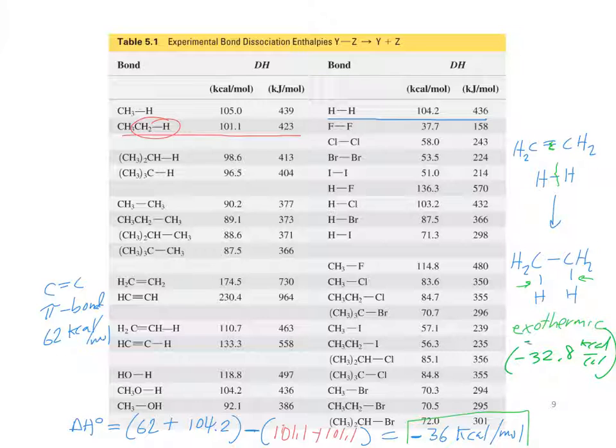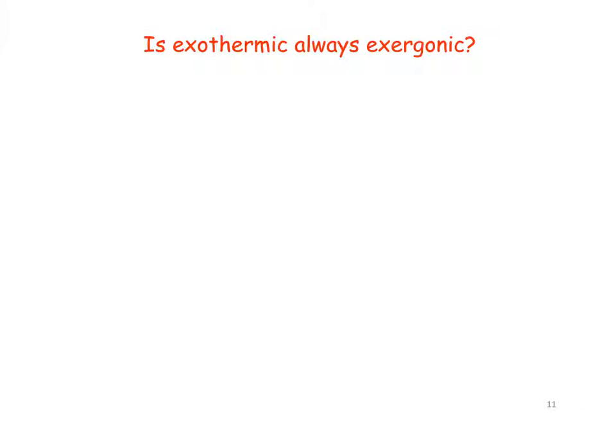Okay, this is the experimental value. The main thing we see is that it's negative, it's exothermic. That's kind of how you would use this table, but like I said, we won't do any of these actual calculations. All right, so then the question might be posed, since we were just calculating delta H,